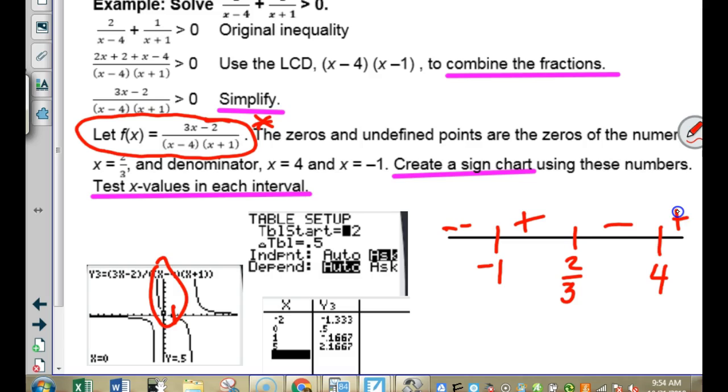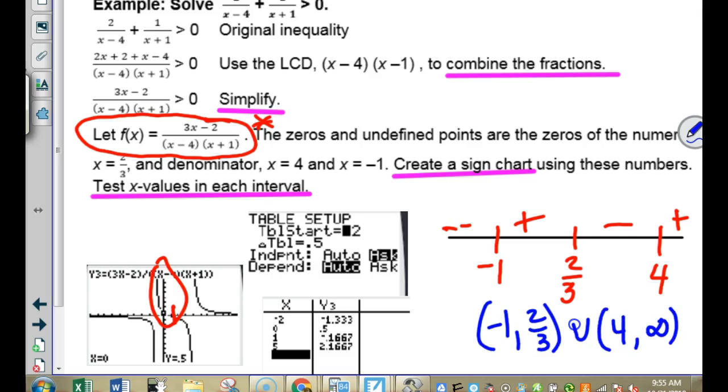Notice, guys, on both of those examples, it either went plus, minus, or minus, plus. In general, that's the case, but if there's any kind of a bounce, that is not true. So you got to be a little bit careful. All right, the last part of the question is, where is it greater than 0? So where is this greater than 0? Tell me an interval notation. Greater than 0 means positive. Where is it positive? From -1 to 2/3, and then 4 to